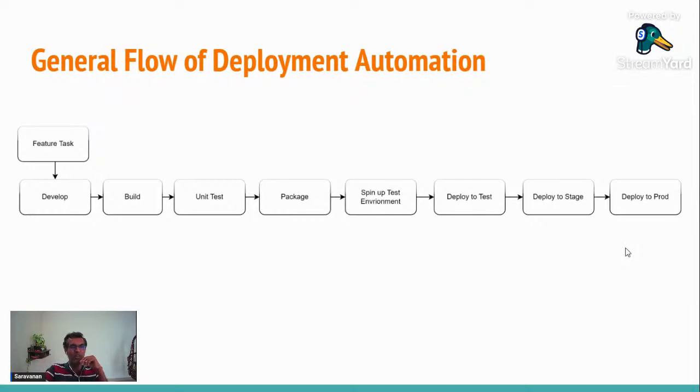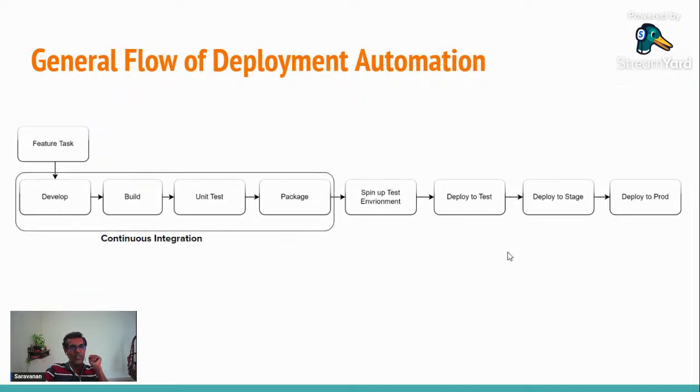And whether it's a WAR file or depending on the programming language, it could be changing, right? So basically, that's the development process. And in deployment automation or CI/CD, it is called continuous integration, basically, right? So that's what starts from the part when the developer develops the code, and